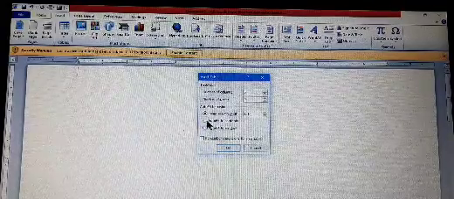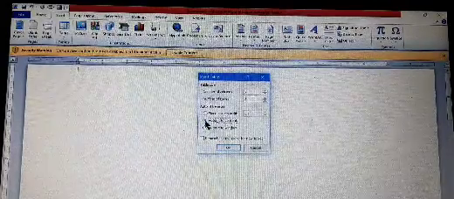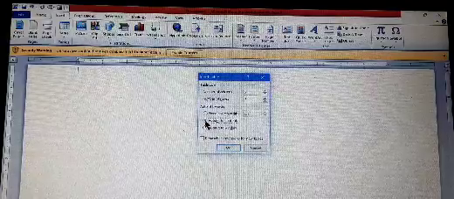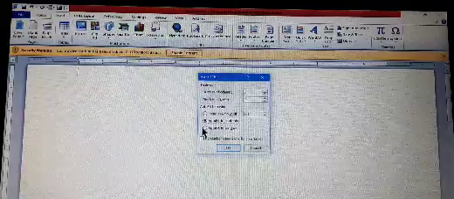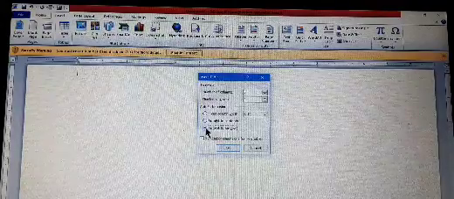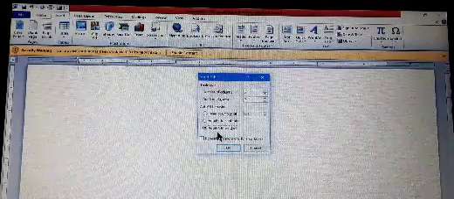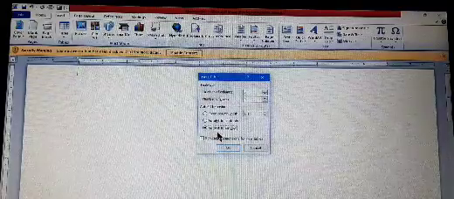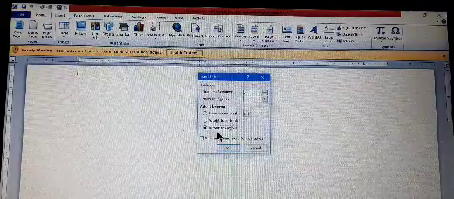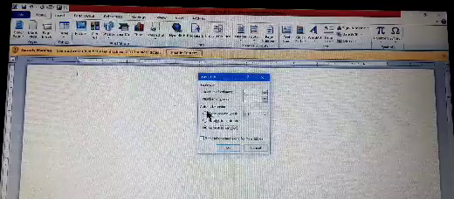Auto fit to content means the width of the column changes according to the content. Auto fit to window. This option is used to fix the column width according to the window.